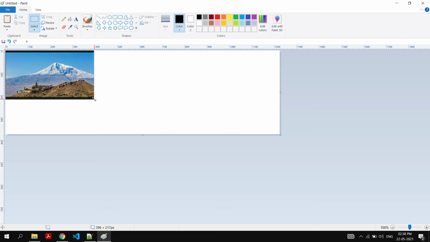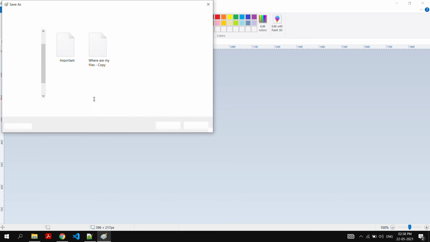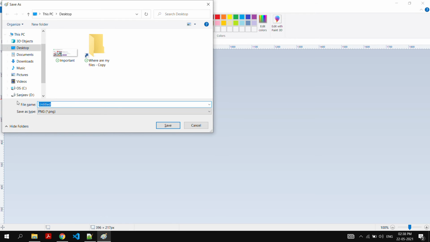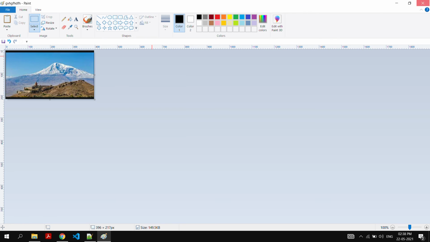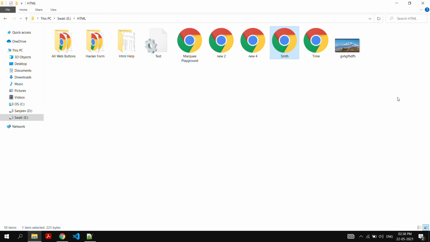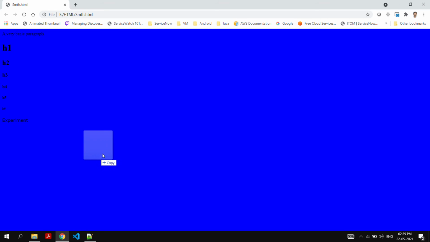Save it wherever you want. Like here I am saving it, and name it whatever you want. After naming this, go to your folder, and here is our image. Click here and then drag it to your Google Chrome, and place it here, so it will become a tab. Then take the URL of the tab,